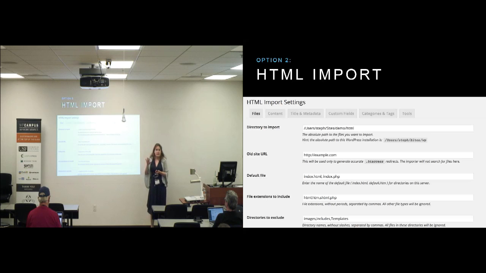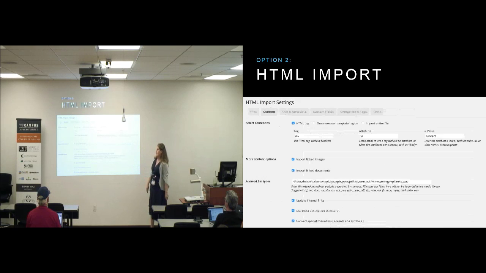I know that PHP can read a directory of files, and I know that PHP has an XML parser that can read well-formed HTML, assuming that you haven't screwed it up too badly. So I'm going to write a plugin that loops through the whole directory of HTML files. I give it my old URL, the file extensions it should include, and directories it should totally ignore. And I tell it where my content is in that file and have the XML